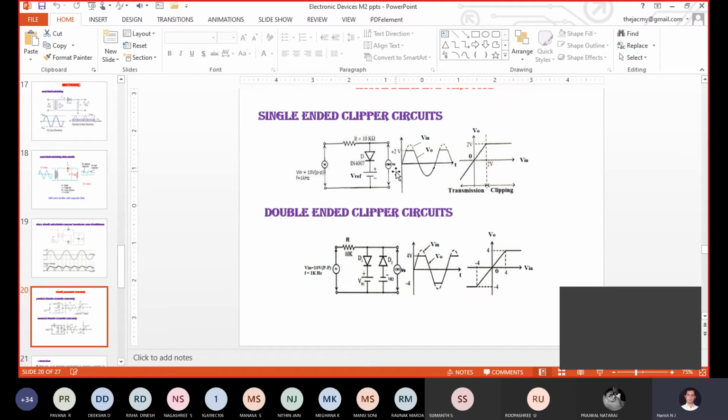At the same time, what are the parameters we listed for the practical diode? Those parameters are not fixed. We can vary them, we can enhance them. But I am not able to enhance all the parameters. I can enhance only the cut-in voltage or forward voltage, or the reverse current. Any one or two parameters I can enhance with the help of some other techniques, but I am not able to enhance all the parameters. There is a trade-off, a compromise between the parameters.